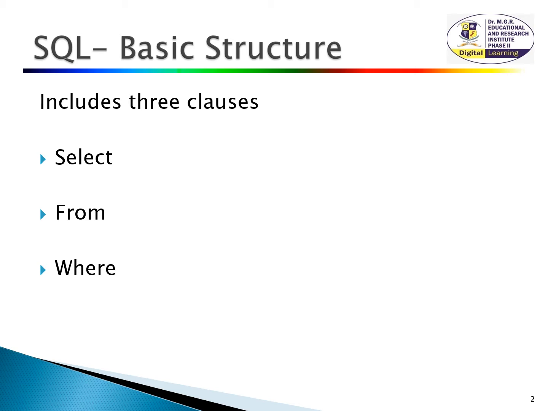The fundamental structure of SQL queries includes three clauses. They are select, from, and where clause. The select clause corresponds to the projection operation. It is the list of attributes that will appear in the resulting table. The from clause corresponds to the Cartesian product. It gives the list of tables that will be joined in the resulting table. The where clause corresponds to the selection operation. It is the expression that controls which rows appear in the resulting table.